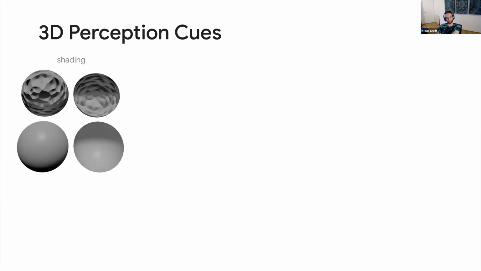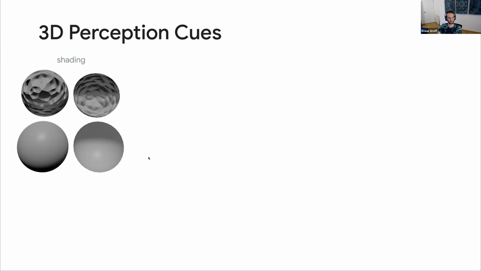Okay, if 3D is so important, we would expect our brains to spend quite some effort on it, and that is actually also the case. There's quite a bit of work in cognitive psychology showing that there's numerous cues that our brain evaluates, pays attention to, to solve this under-constrained problem of mapping a flat 2D image onto a 3D representation of the scene. There's obvious things like